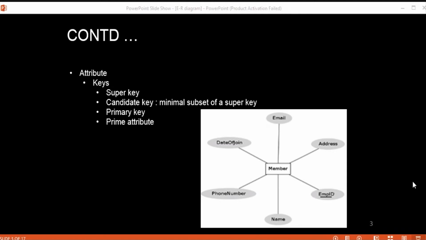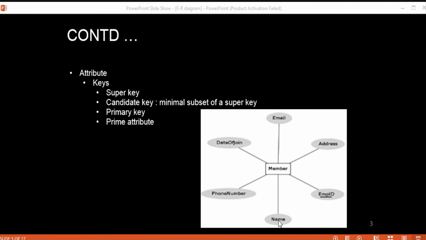Here is one example. As I told you, it is essential for an entity to have one or more attributes which ultimately help us distinguish it from other entities in your system. Here, member is my entity and these are its attributes. The name alone can't help, because two persons could have exactly the same name. However, if we take the name and phone number together as a combination, it would help us uniquely identify that person, because no two persons can have the same phone number.